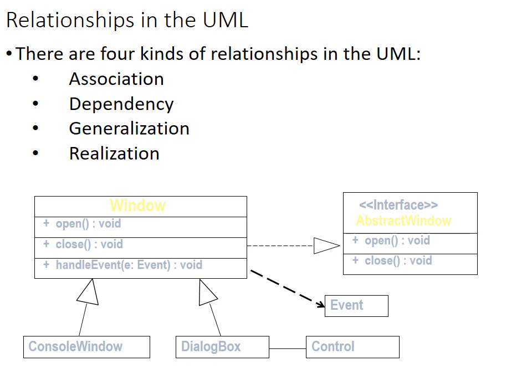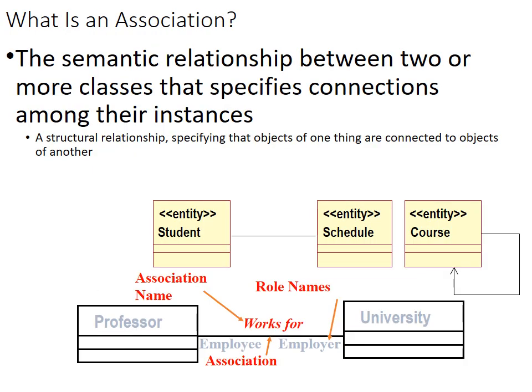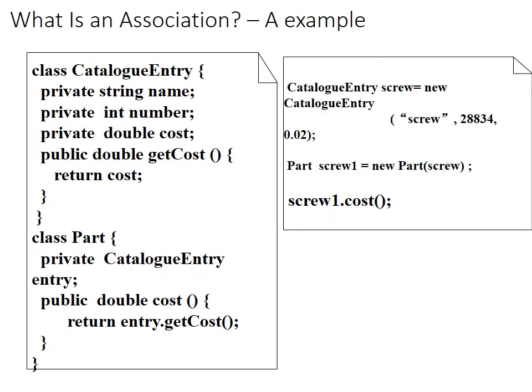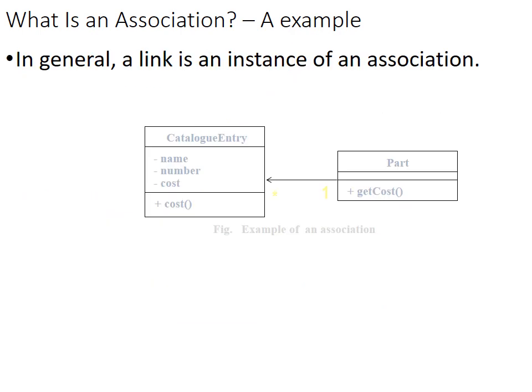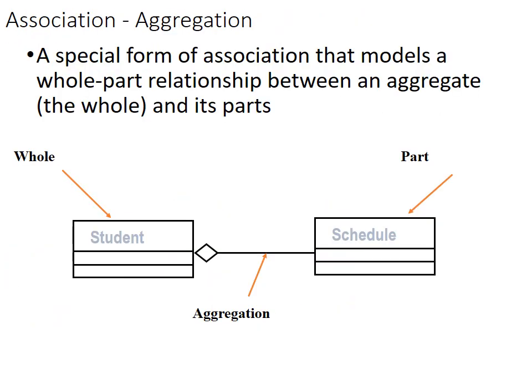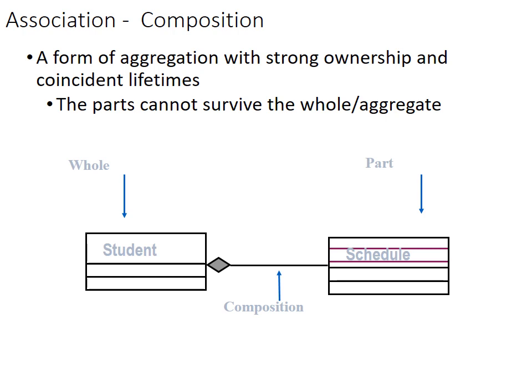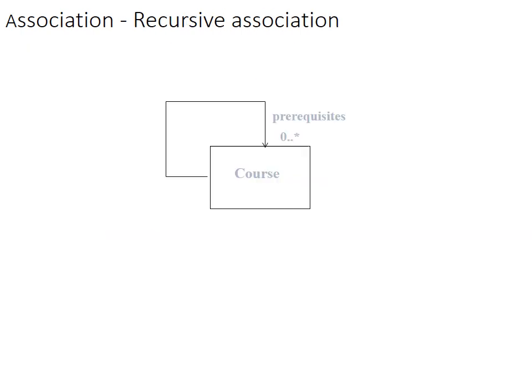And keep in mind that inheritance uses this kind of triangle hollow arrow, used from child to the parent. Association is the normal type, one class to another one. So this is an example of that. An association is a general link. Aggregation means a special form of association, but one that comes with a whole-part relationship. Let's say for example, student to schedule. So a student gets the schedule of his class. It's a combination of different other things. Composition is just an extreme form of aggregation.